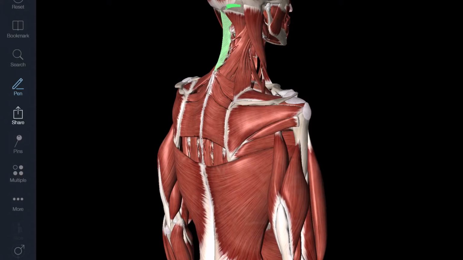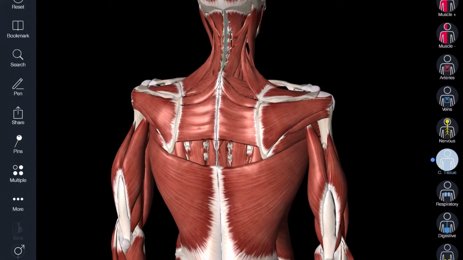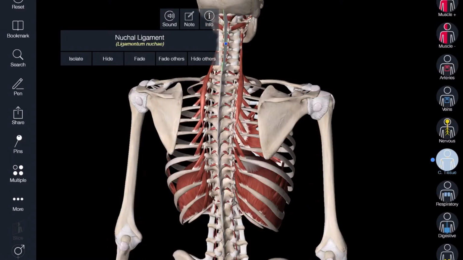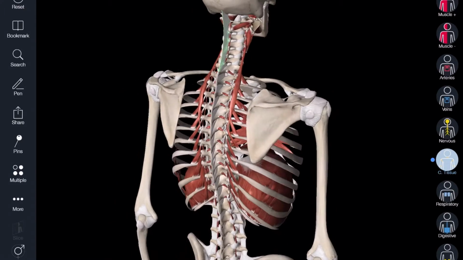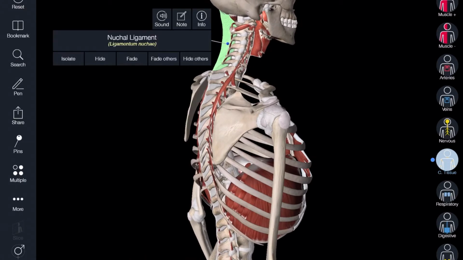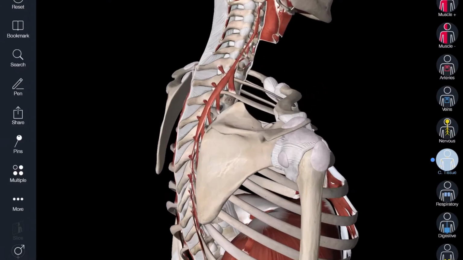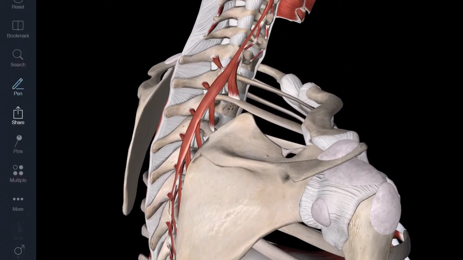Let's see what else. And then the spinous processes of C7 to T12. So, oops, make that go away. The spinous processes of C7 to T12. Let's get rid of some muscles and we'll look at those bones. Okay. So the spinous processes, remember that's the part that sticks out the most posteriorly. That's the spinous process. Right there is the spinous process of C7. And trapezius is going to attach to the spinous process of C7,